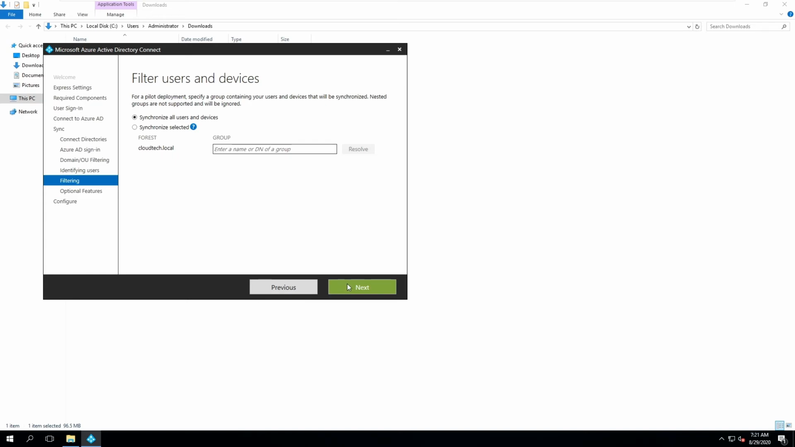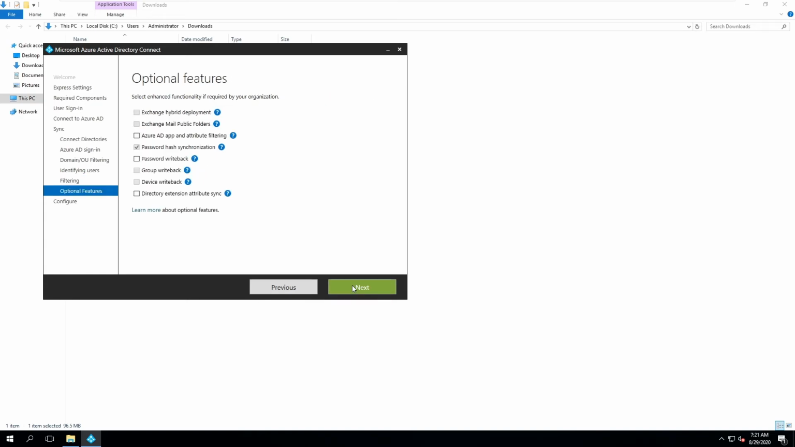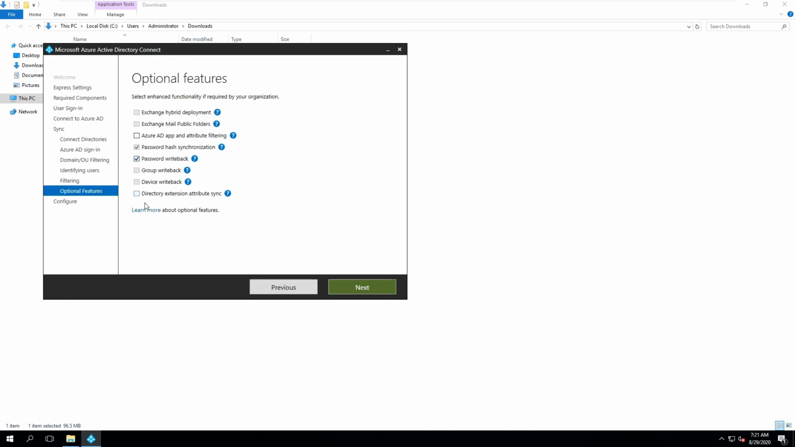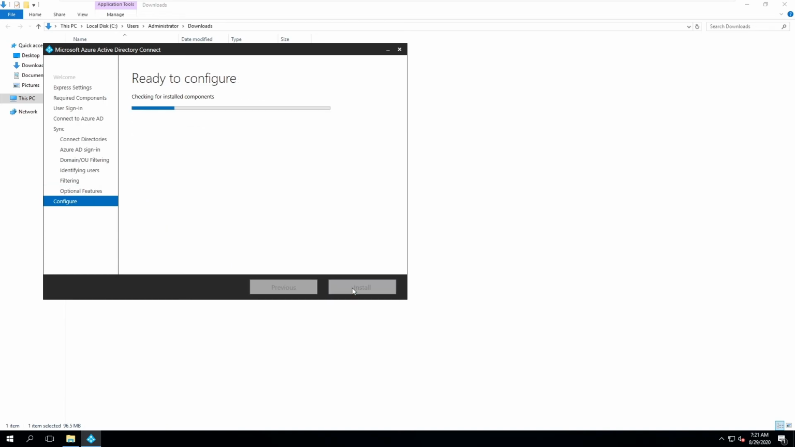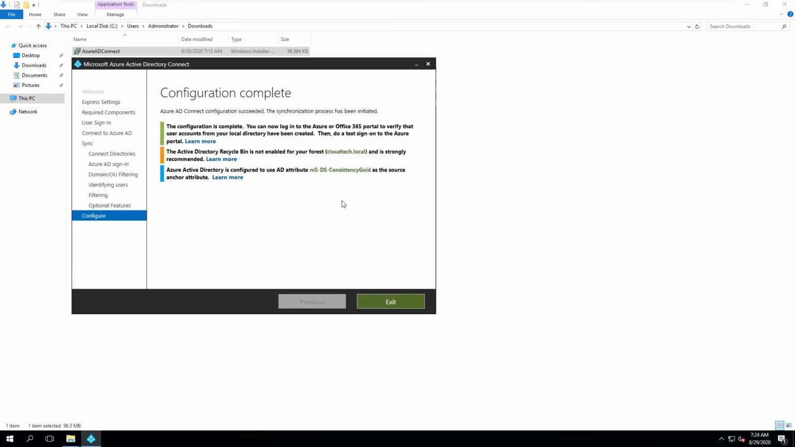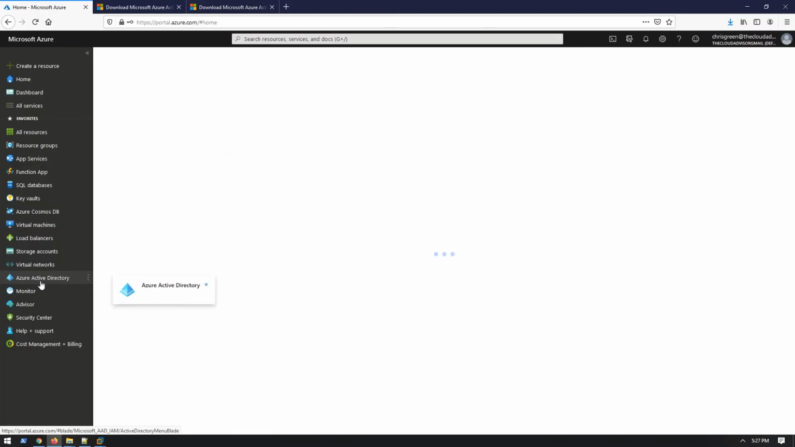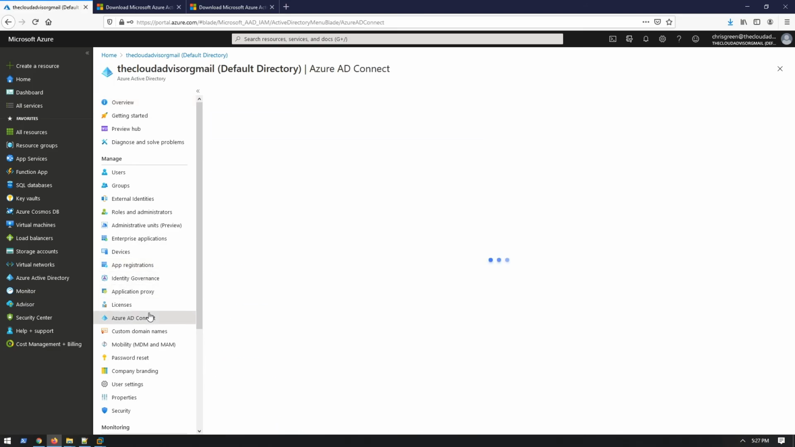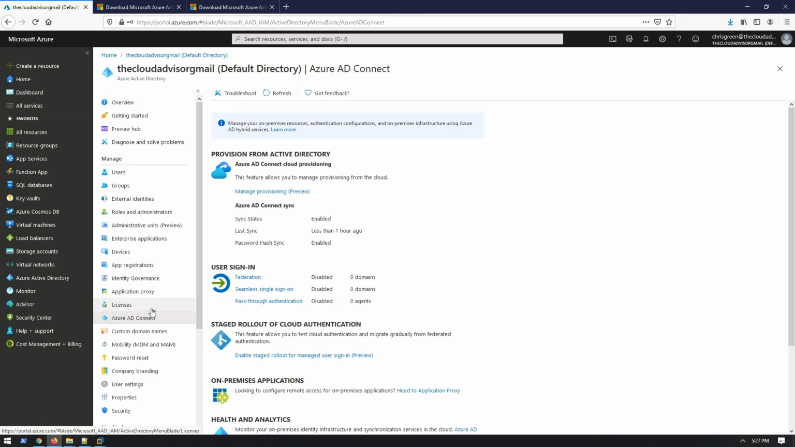And the last tab, optional features, will also add password writeback, which allows you to synchronize a password that was changed in Azure AD back to on-premise Active Directory. And the last step is to validate your configuration and install it. This will take more than 10 minutes, depending on the number of objects that need to be synchronized with Azure AD. If we go back to Azure AD, we can see that sync status is enabled and last sync was